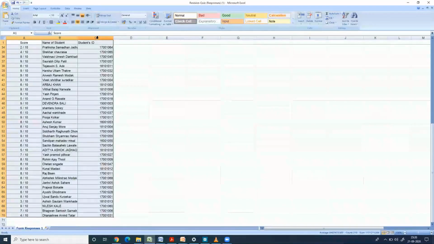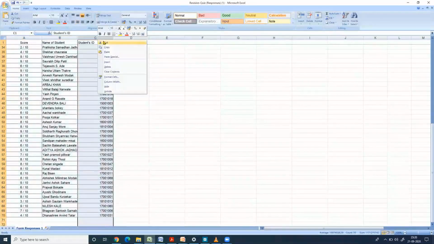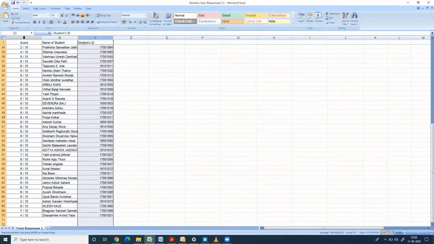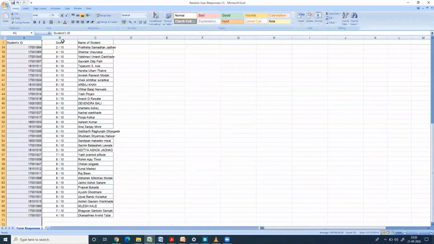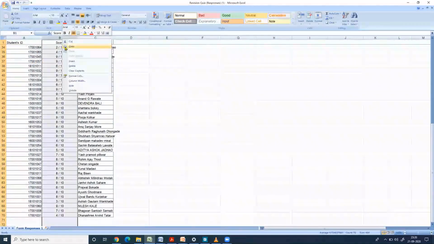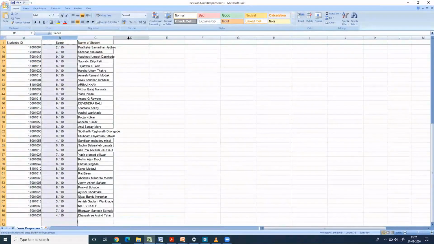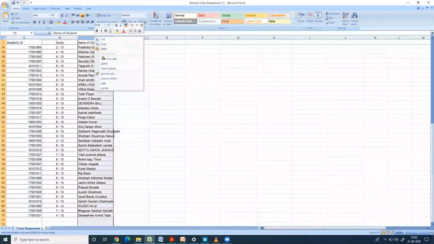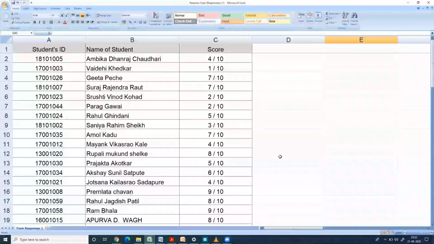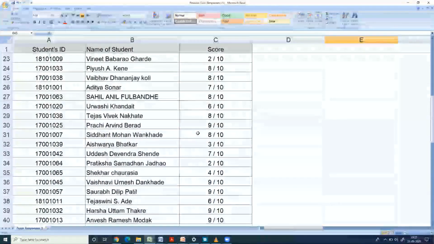So I will just click on this, then cut, and here insert cut cell. Again I will cut this and I will shift it here.